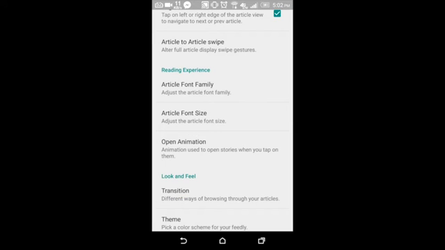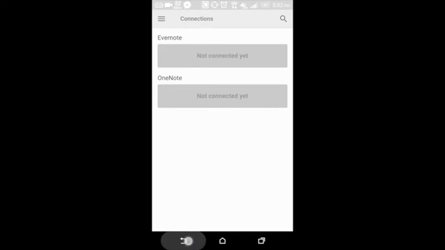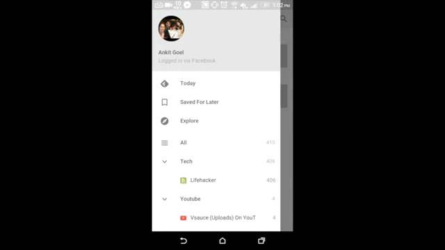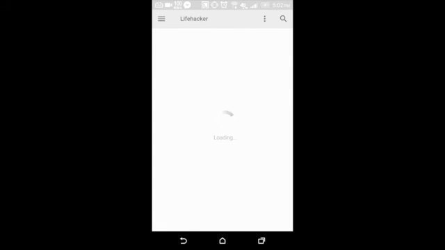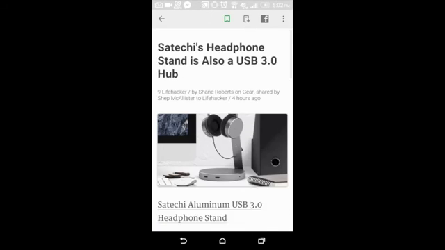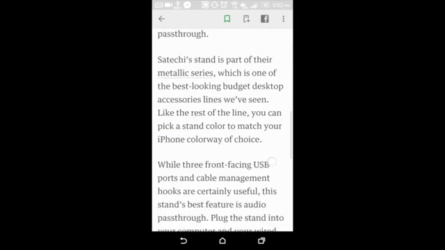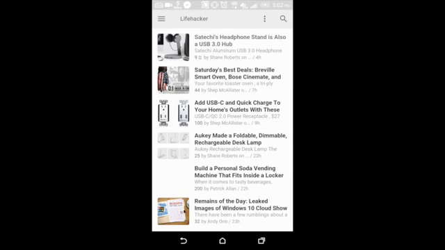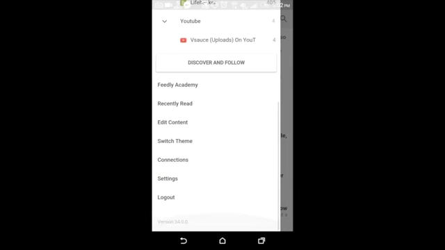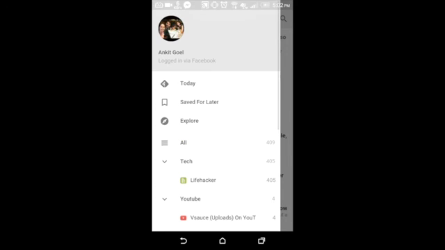So if I do extra large, which is super large, and let's go back and see the content on how big everything gets. See, now everything is extra large. If you're reading an article on a small screen phone, you might want to have some large font, which comes in handy. So we are done through all the features and all the options that we get in the navigation panel, which I think are important and relevant for us to know.